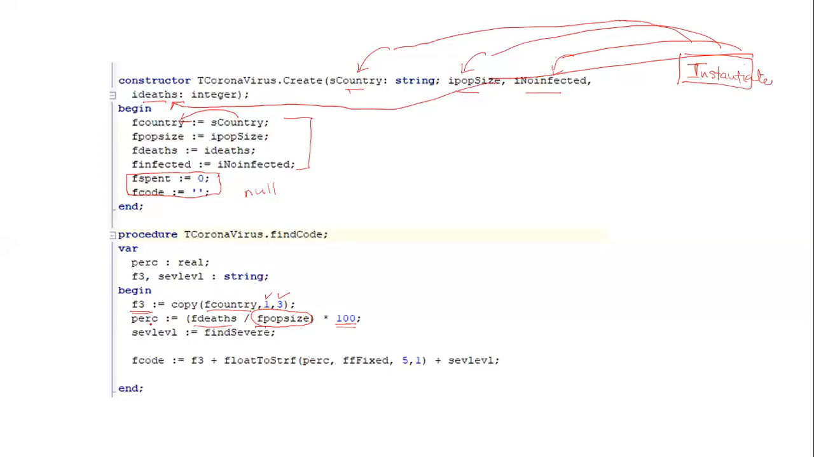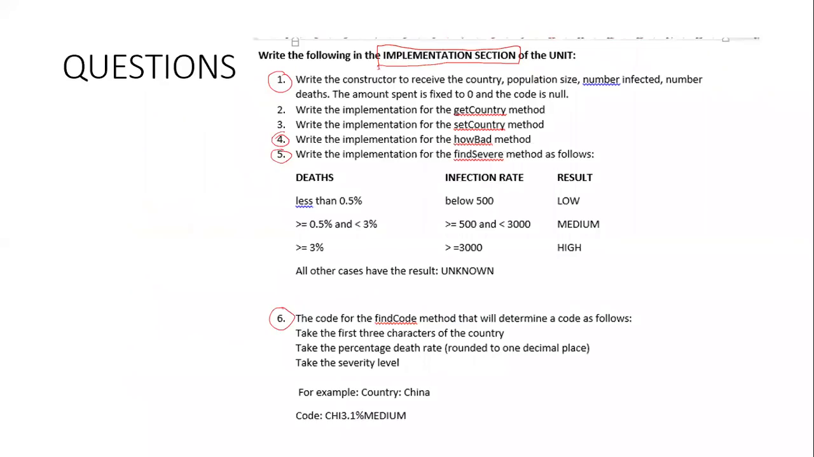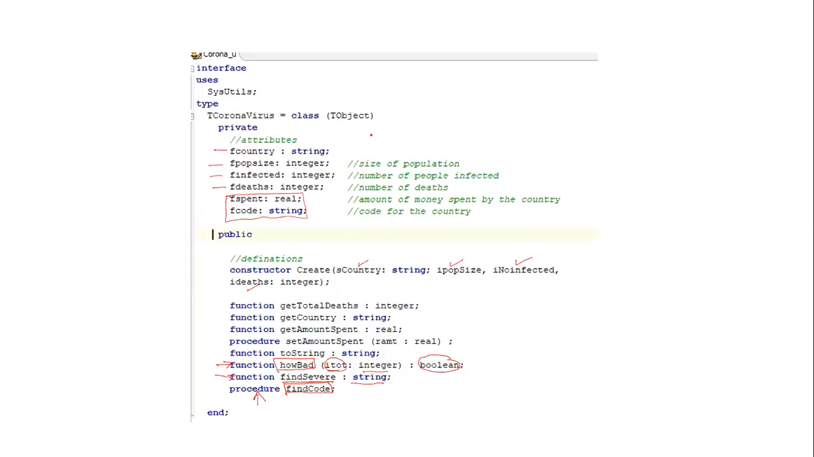And the third part is made up of the severity level. Remember, we wrote a function called findSevere. So the first part is from position 1 taking 3 characters. The second part required you to find the percentage of deaths, which is the number of deaths divided by the total population times 100. And the third part wanted you to get the severity level. Now, I just want to go back and look at